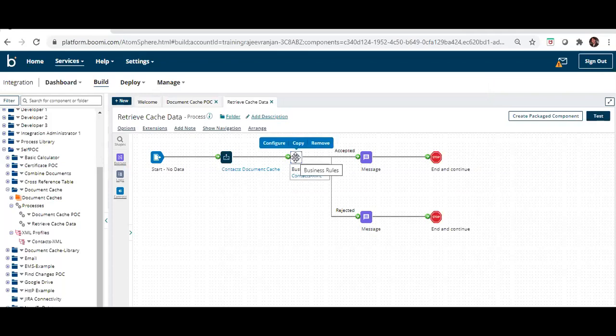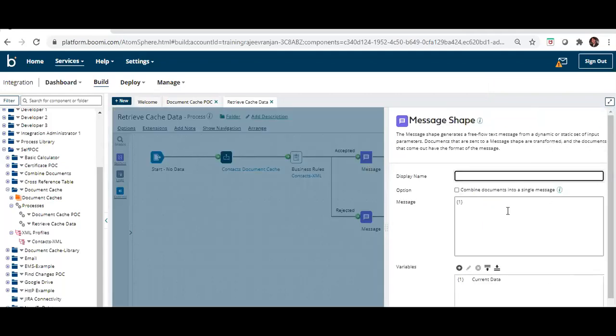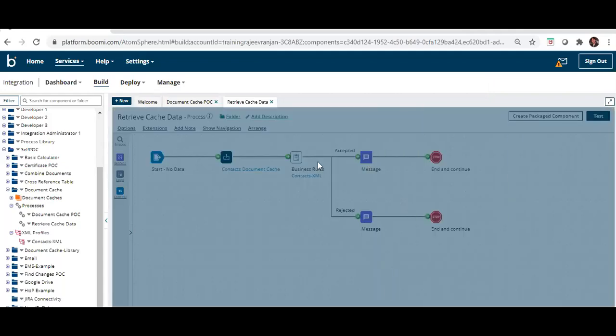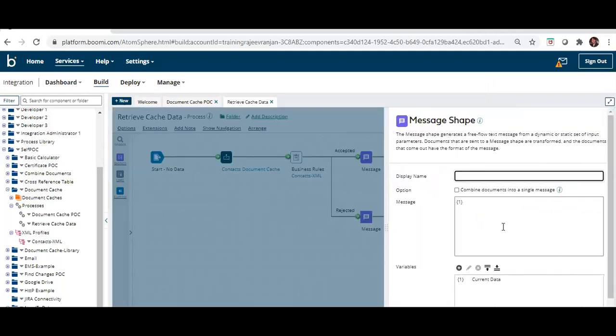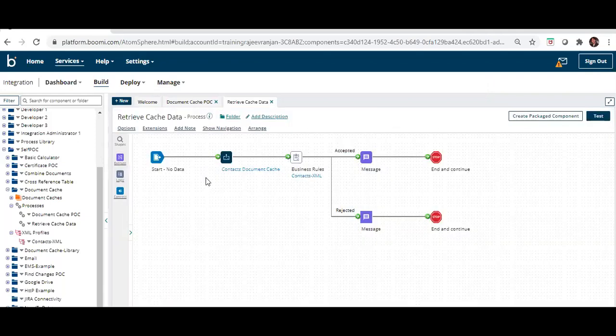If it matches, by default it will execute the accepted path. If it does not, it will execute the rejected path. Correct? We will see while we debug it.